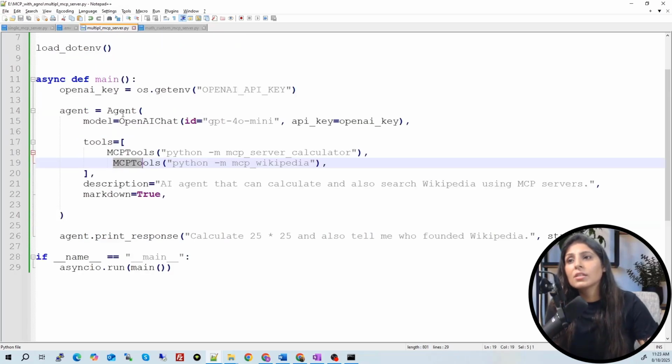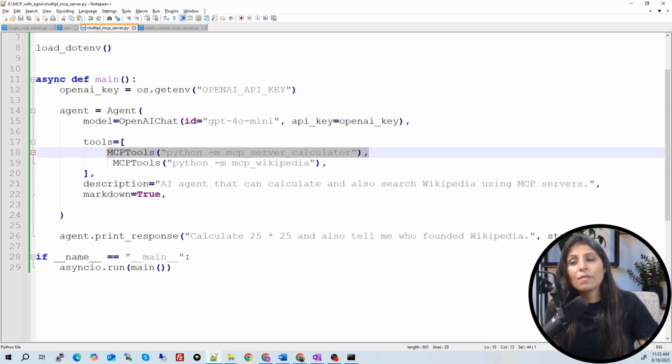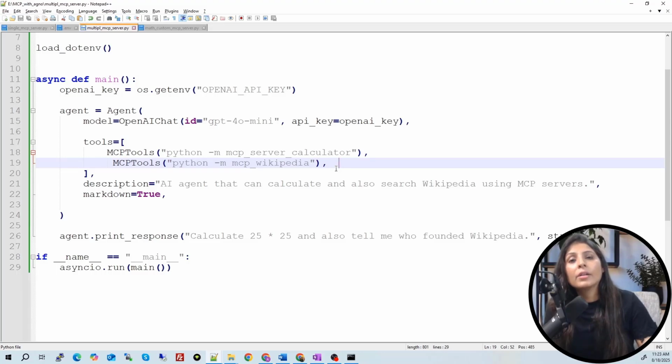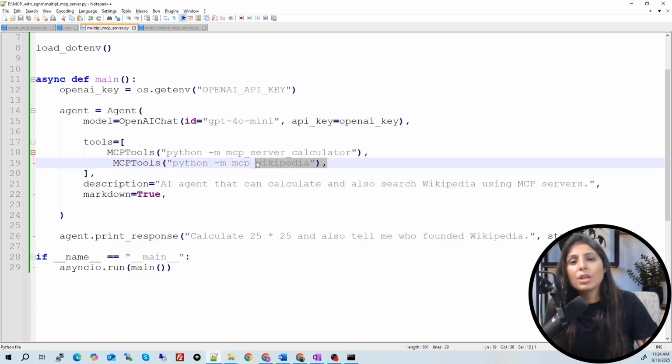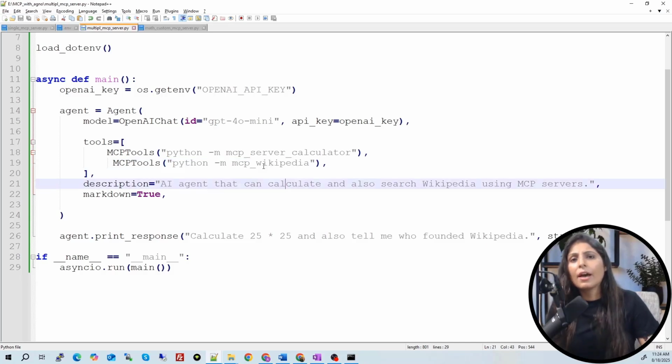Now our task is, where we are using these two MCP servers, we want to add a third MCP server over here, which is our custom MCP server. How many MCP servers are we going to use over here? 3 MCP servers. These 2 MCP servers are ready-made code. We got it from the internet. And the third one we are going to add is the custom MCP server, which we just created. For that, I have created a separate file. Let me show you the code in the separate file.